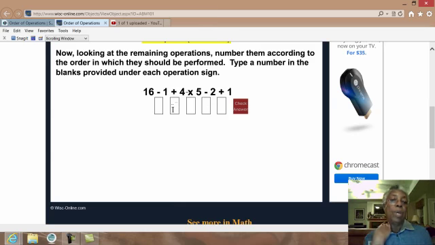Type a number in the blanks provided under each operation sign. Okay, 4 times 5 is going to give us 20. And then 16 minus 1 is going to give us what? 15 plus